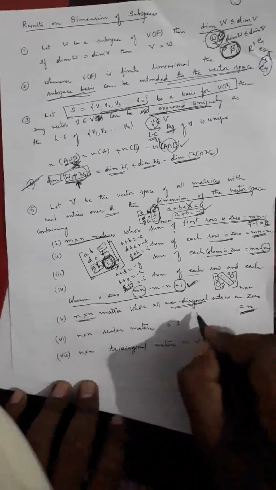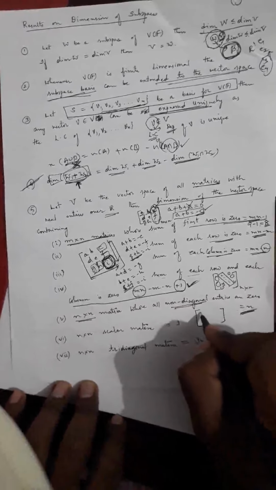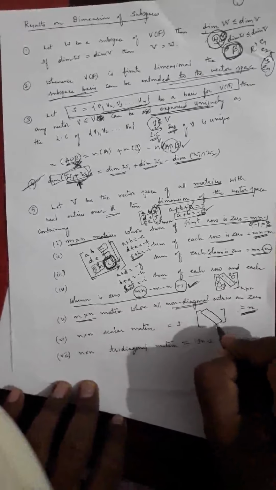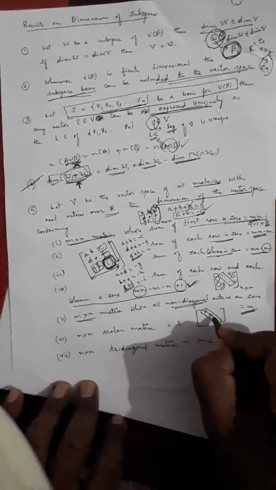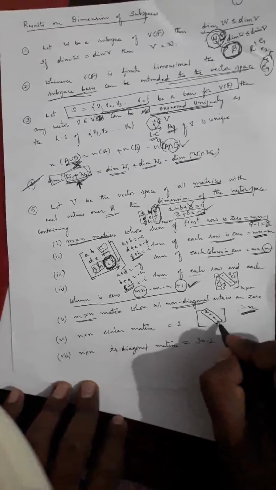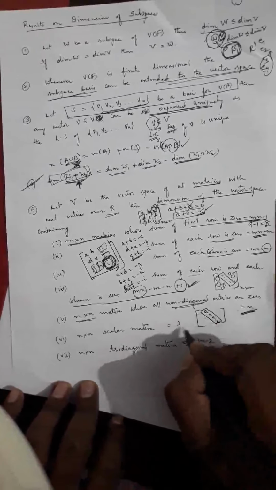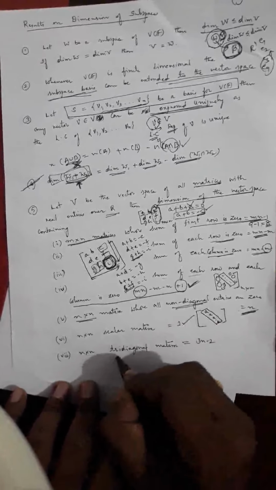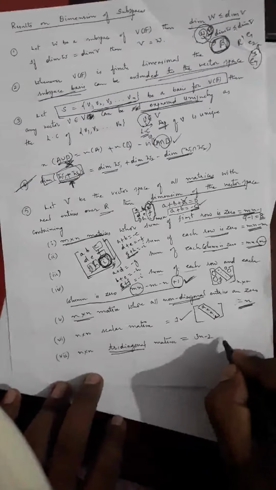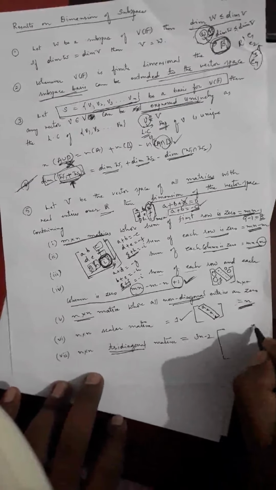N cross n scalar matrix. Scalar matrix means it's a diagonal matrix where these elements are same. That is called scalar. So how many elements are needed? Only one element is needed. So n cross n tridiagonal matrix. What is this tridiagonal matrix? Tridiagonal matrix means,